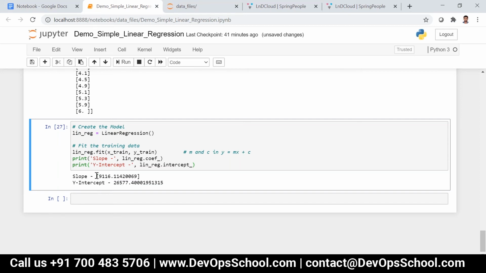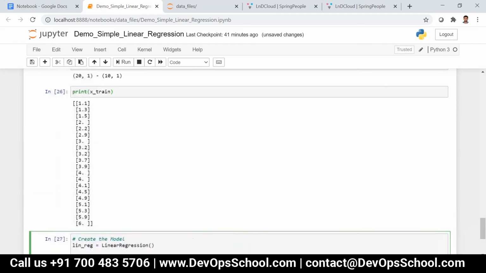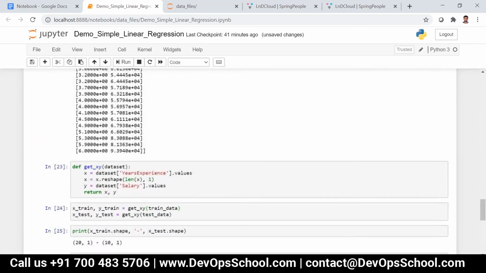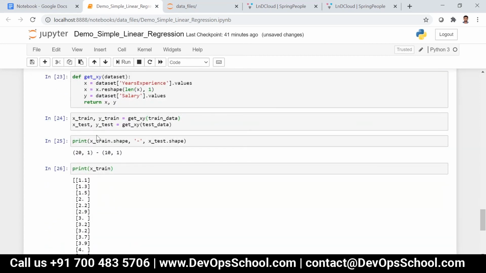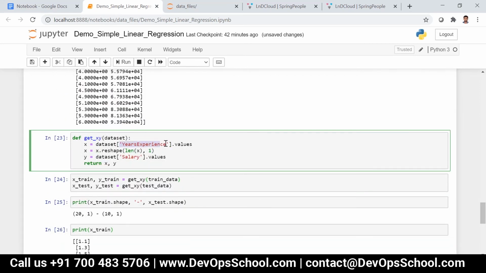Now you can see the slope is in the form of an array, but the intercept is a single number. Why? Because in our example there is only one input feature. If you see X train, we are using only one input feature here.